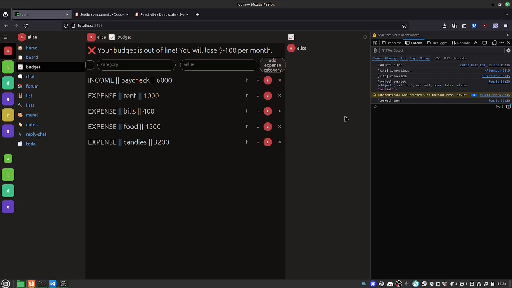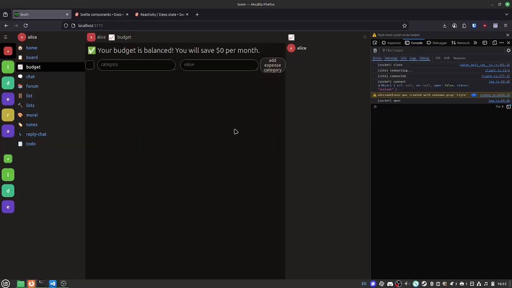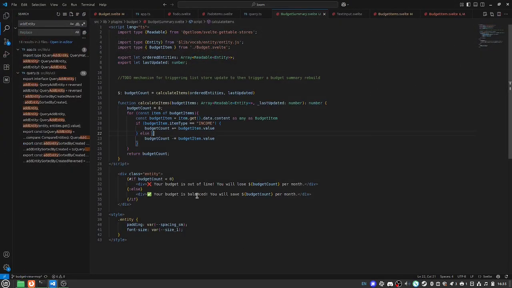Let's see, what else do we need? We probably don't. I feel like it doesn't hurt to have these numbers. Maybe you want to organize your categories alphabetically. I feel like I can probably chop this up. Actually, here's a good question. What happens if I delete everything? Now your budget is balanced. You will save $0 per month. Which, actually,